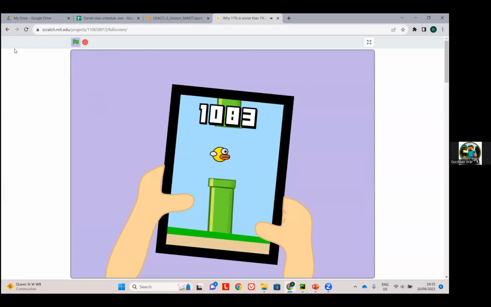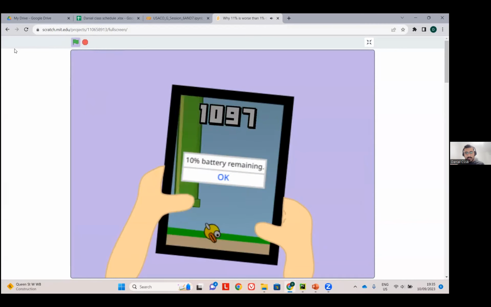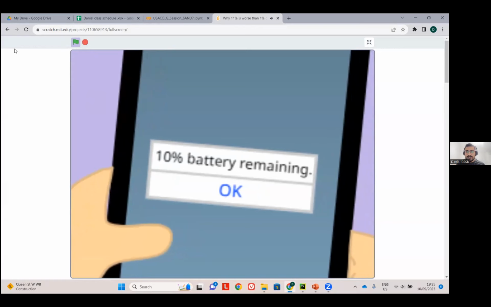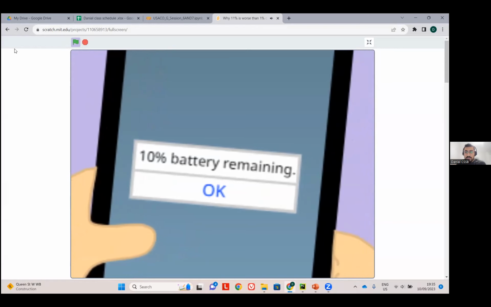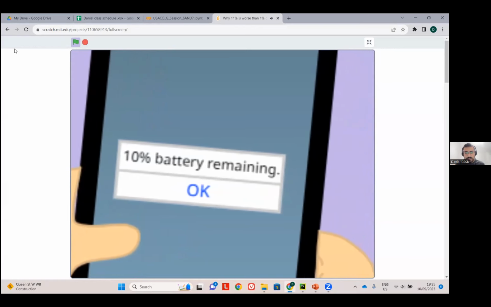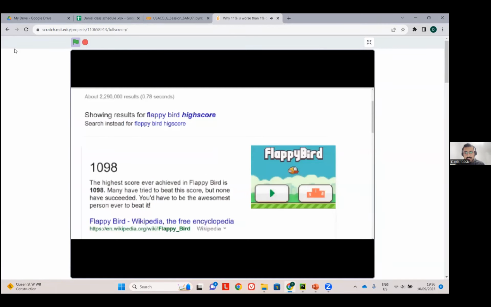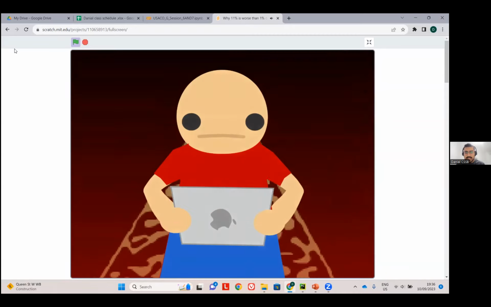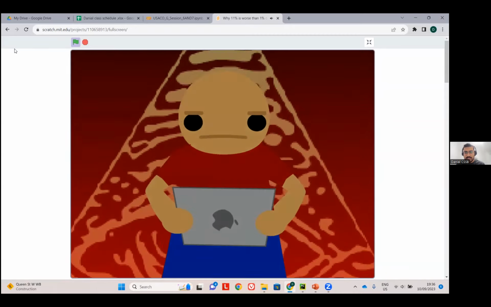Perfect. Okay. So this is a kind of story, and it asks why 11% battery is better than 1% battery. It was like playing a game, and the world record is 1098. So at 1096, it just got the notification.